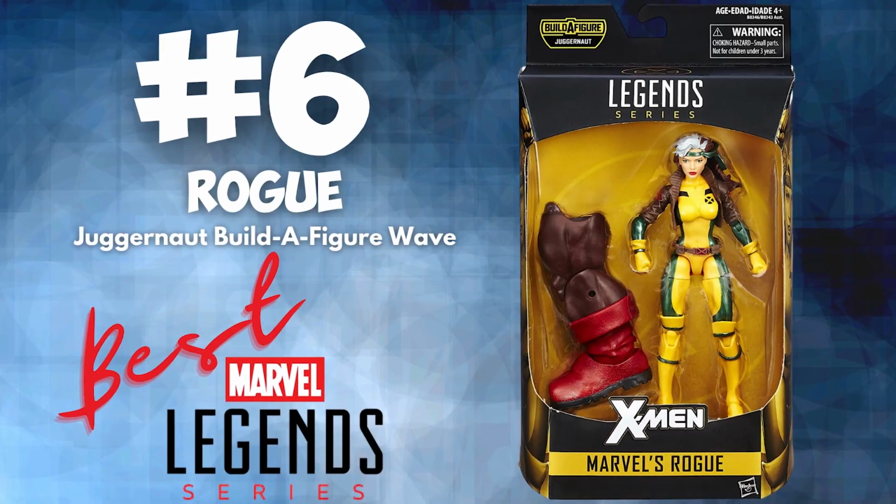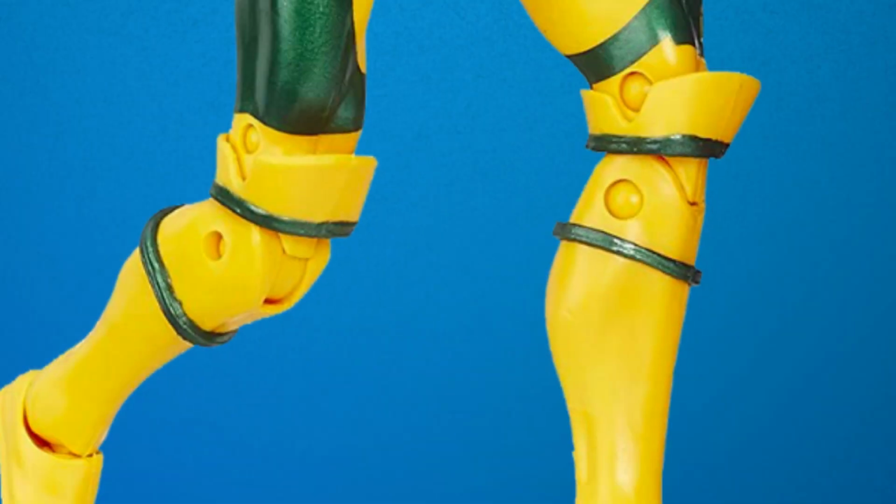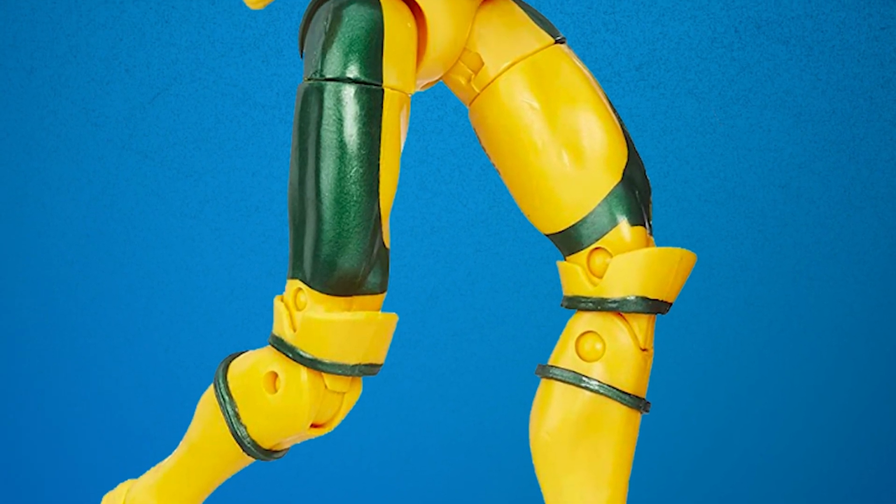Coming in at number 6 is Rogue from the 2016 Juggernaut Build-A-Figure wave. The second time that wave has had a figure on this list already. Rogue got 9.1% of the total vote and is not a cheap figure to pick up, coming in at around $123. This is definitely my favorite Rogue look and is very reminiscent of the 90s cartoon, which I believe was